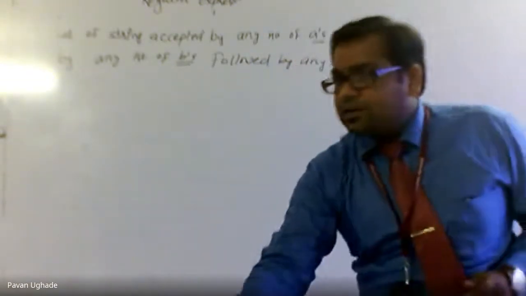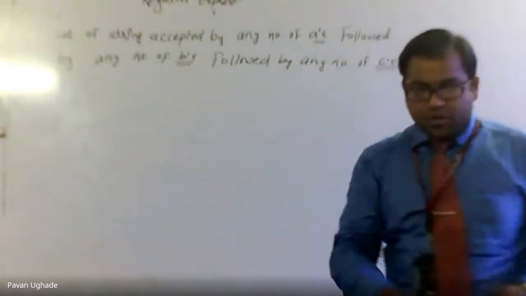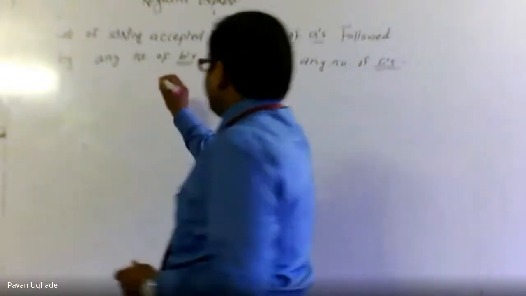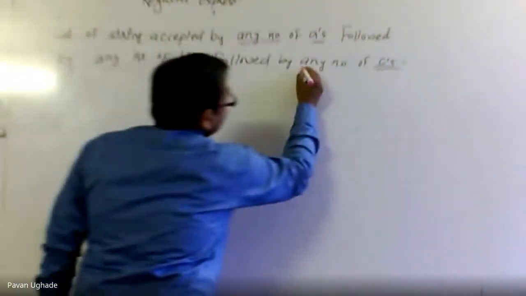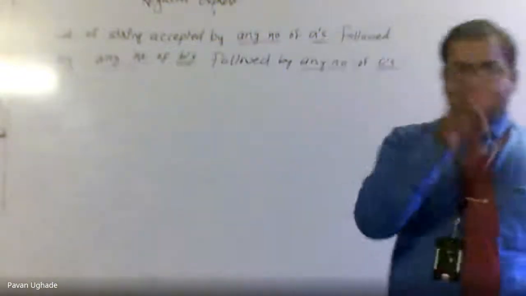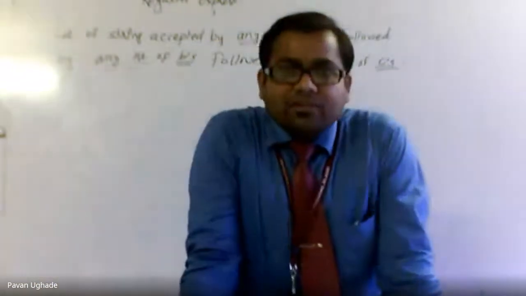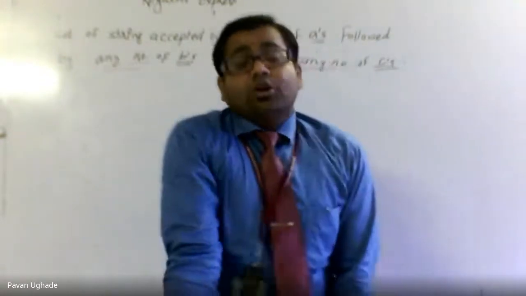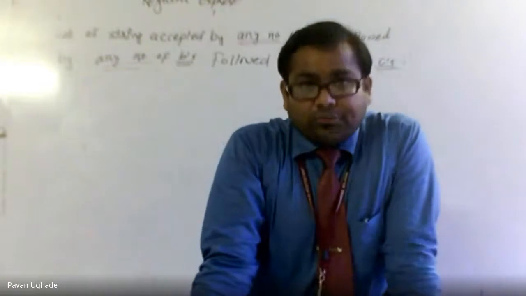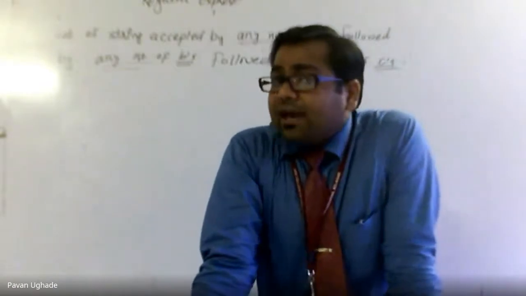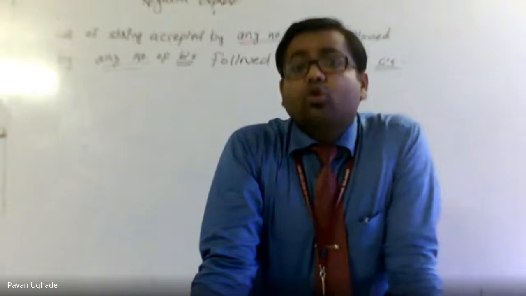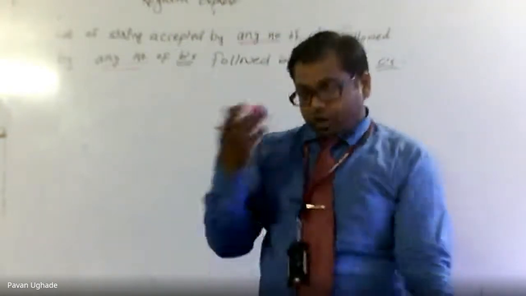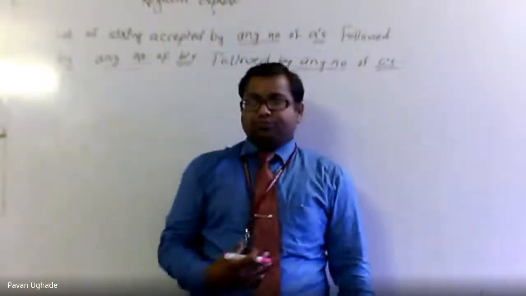Now the keyword that you have to understand here, first, is "any number." Whenever you find any number, you have to understand epsilon is one of them. If I say positive number or minimum one number, then it would have been positive closure. Any number means accepting the epsilon, which means star closure. Then I will be saying closure; by default, you have to understand I'm talking about the star closure.